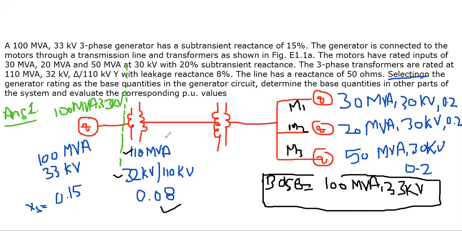But here we are having a transformer. तो ट्रांसफार्मर क्या काम करेगा कि आपका बेस MVA को तो चेंज नहीं करेगा, because on both sides of a transformer the MVA is same. तो the base MVA will remain 100 MVA only. ओके, बट ये क्या काम करेगा? ये वोल्टेज को चेंज कर देगा. बेस वोल्टेज will get changed here. अब कैसे चेंज होगा बेस वोल्टेज? बेस वोल्टेज चेंज होगा आपका by the turn ratio of a transformer.